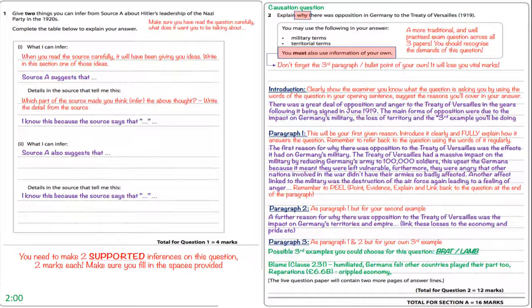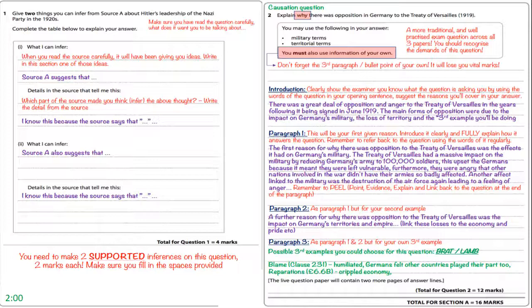Okay, question 2 is the explain question. Explain, for example, why Hitler was able to create a dictatorship in the period 1933 to 1934. Okay, so here you're given 2 bullet points. Here you can do it in 2 paragraphs. The important thing is that you are including something that has gone beyond the bullet points. If all you do is write 1 paragraph on one of the bullet points, say the Reichstag fire, and second paragraph on the second bullet point, which is the Night of the Long Knives, and you're not really